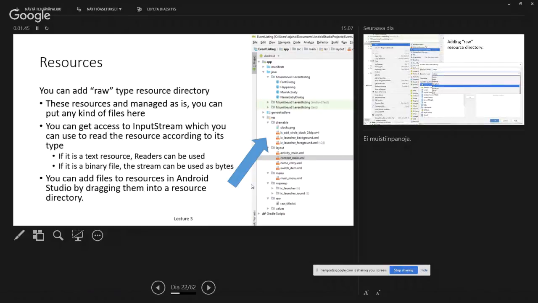Then resources. You can add a raw type resource directory if you need to use files which are not by default supported types of resources. If you are doing something which is supported, of course, you want to use the layouts and drawables and values and menus parts there. Okay, some funny non-grammatical text here, but yeah, in the raw resources you can put anything in there,